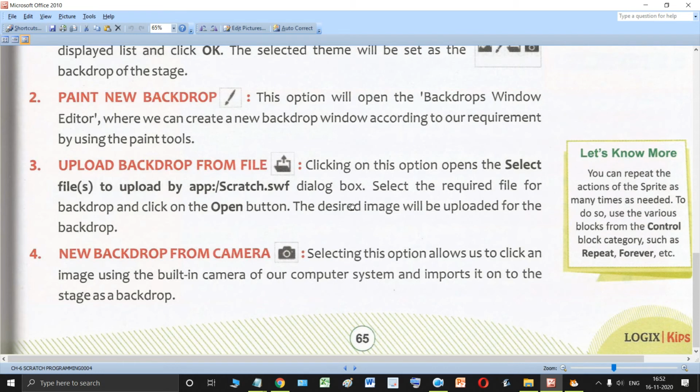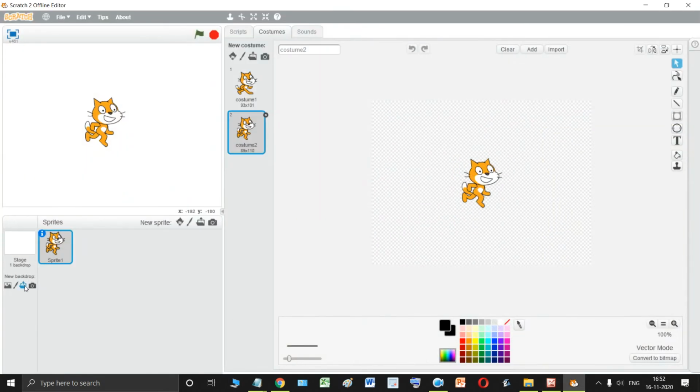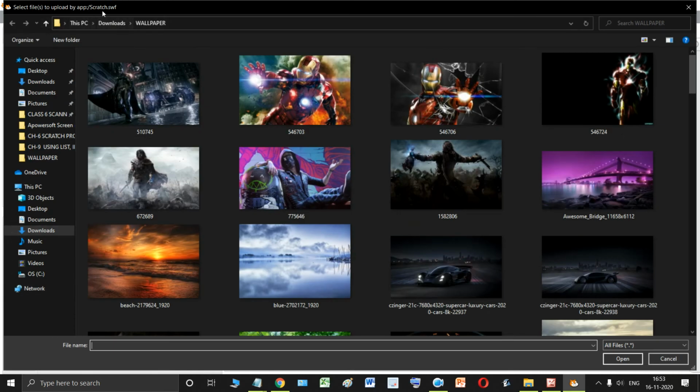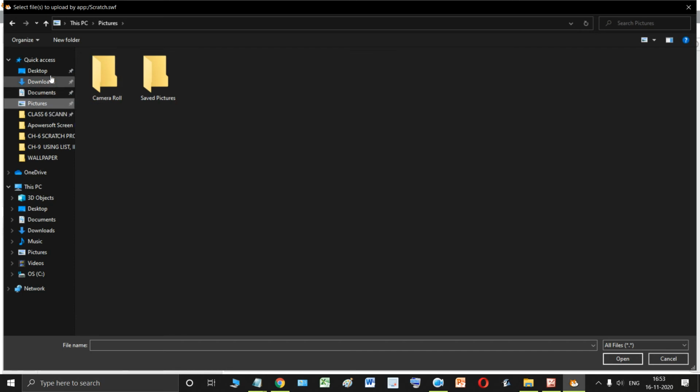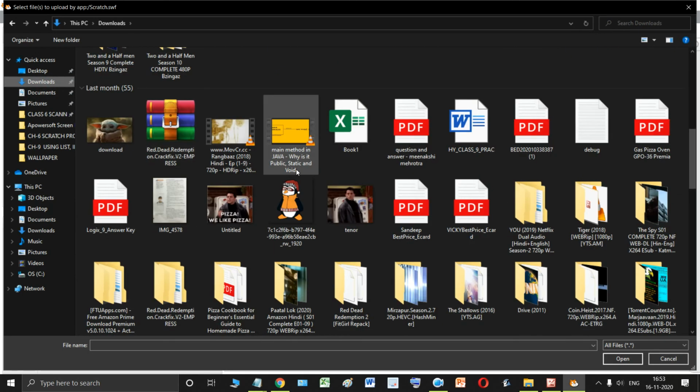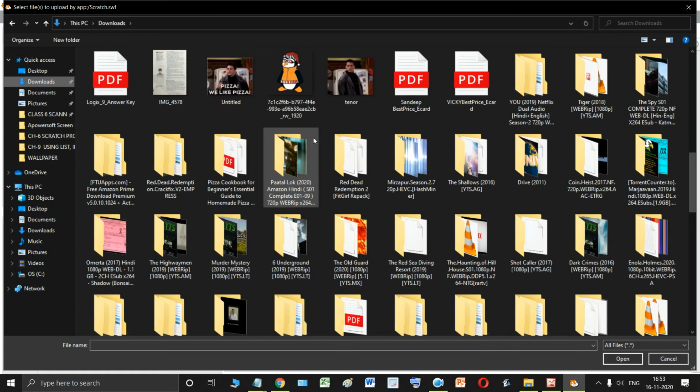scratch.swf dialog box. So when I click on this third option, upload backdrop from a file, this scratch.swf app will upload whatever image I select. For that you need to know where the images are stored on your computer. For example, on my computer, I have stored my images in this downloads folder, and inside this downloads folder